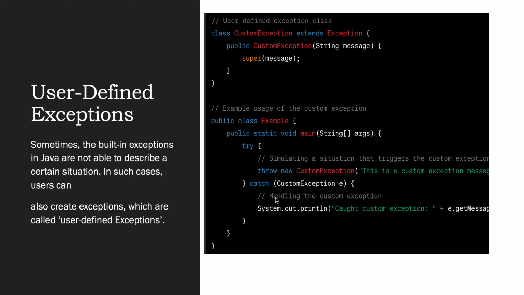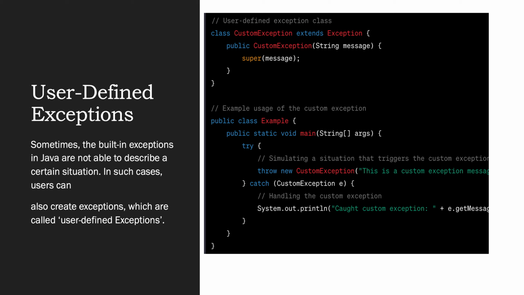This custom exception is useful when the built-in exceptions provided by Java are not sufficient for our requirements. In those kinds of scenarios, we can create our own custom exception, customize the types and methods of the exception, and use it in our class in whatever way we want. So this is like a user-defined exception.